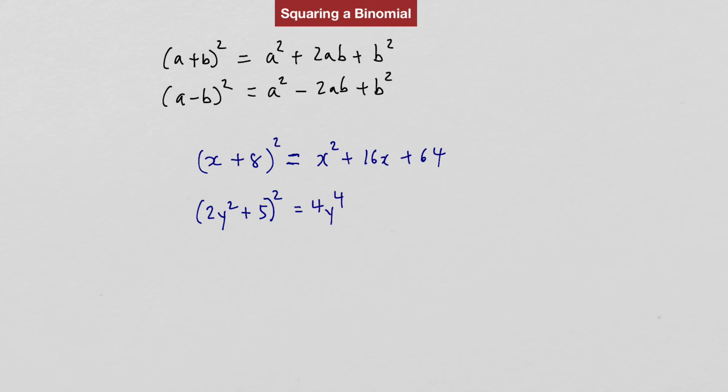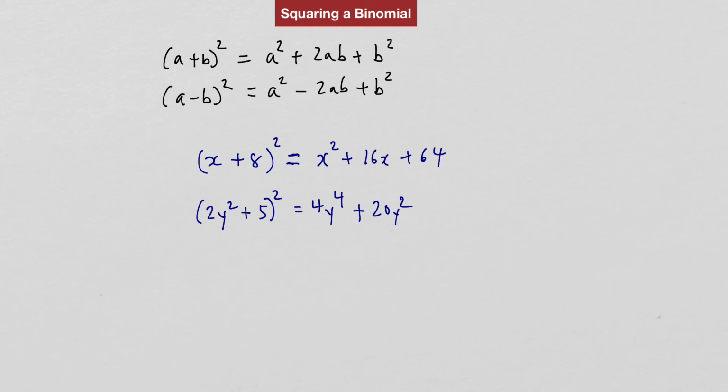We are taking this and multiplying it by itself, so that's why we have 4. Then y squared doubled becomes y to the 4th, plus the product of these, which would be 10y squared doubled, that becomes 20y squared,